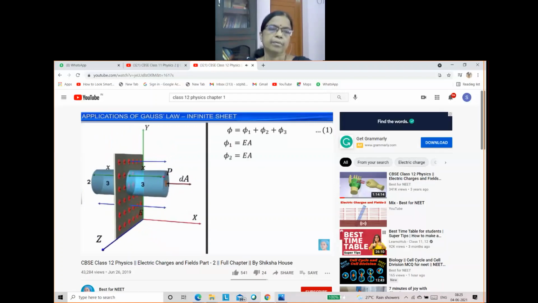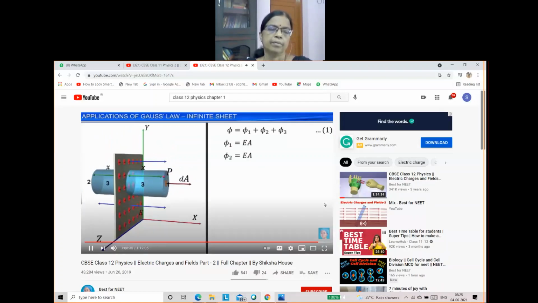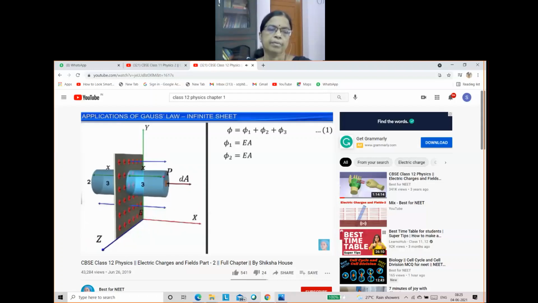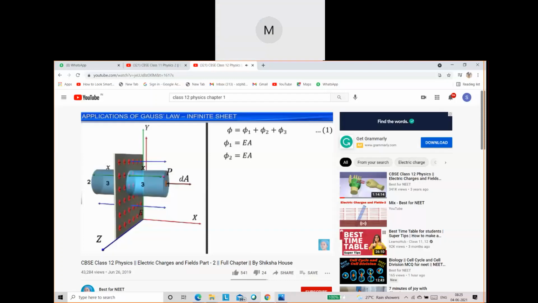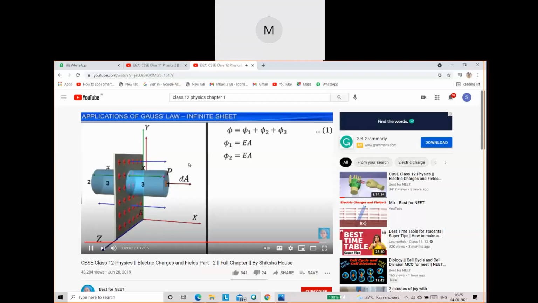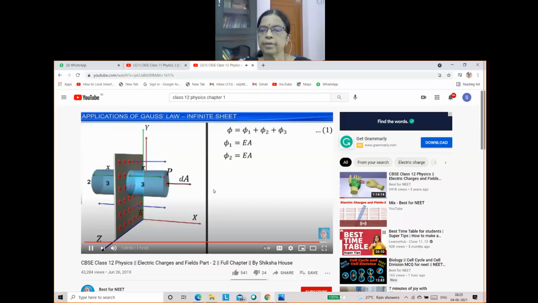Now consider surface 3, which is the curved surface of the Gaussian cylinder. At every point on the Gaussian cylinder, the electric field strength E and the outward normal to the surface, which represents the area vector, are perpendicular to each other. As the angle between the area vector and the direction of the electric field is 90 degrees, and as cos 90 degrees is 0,